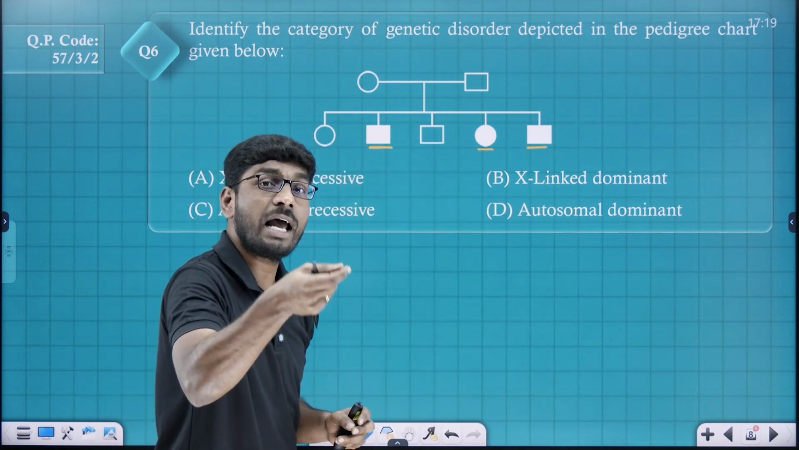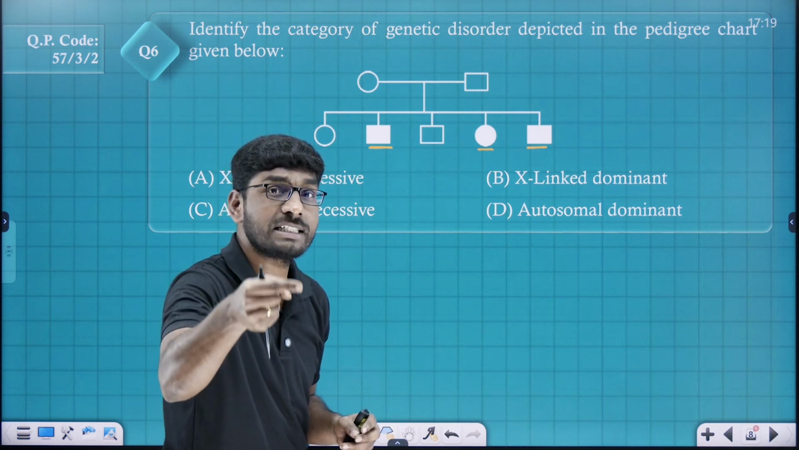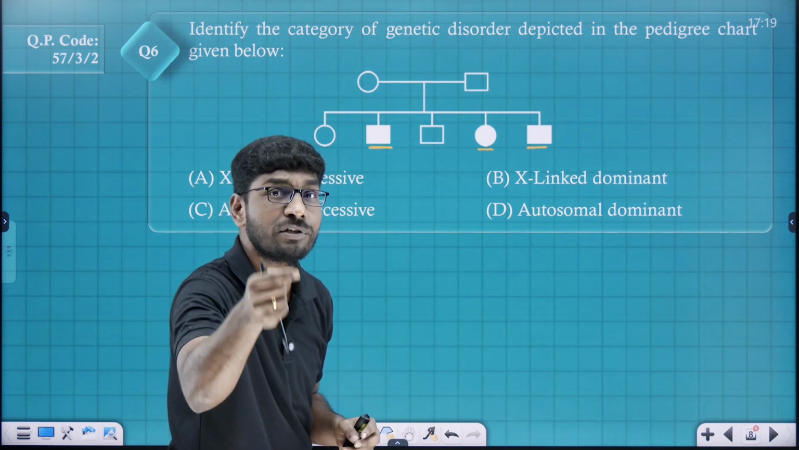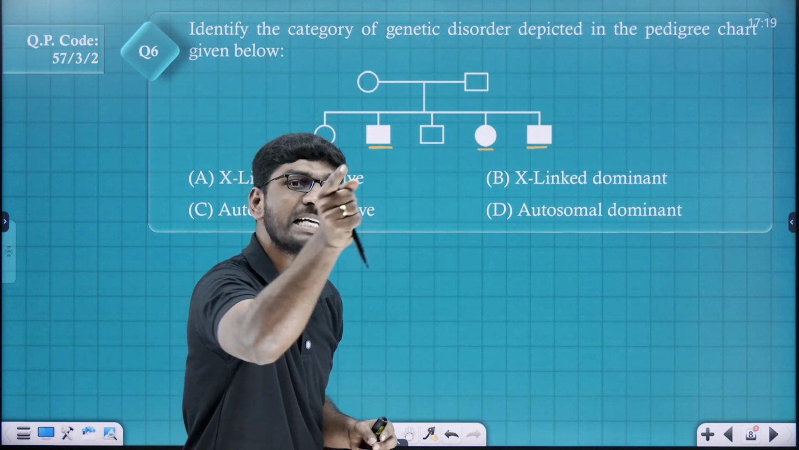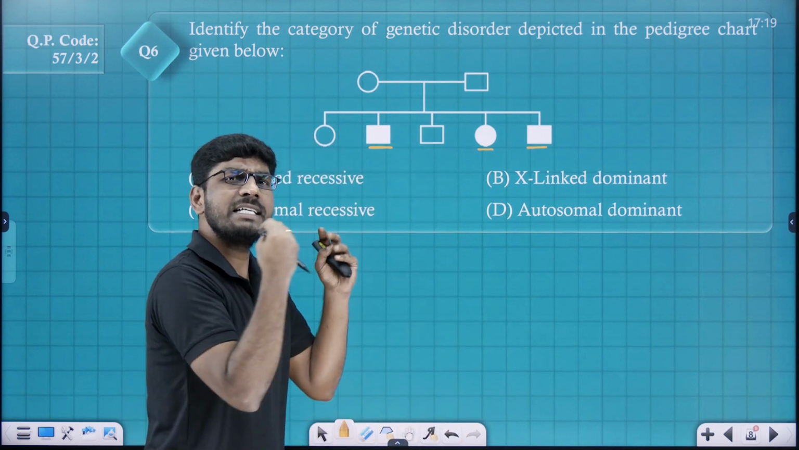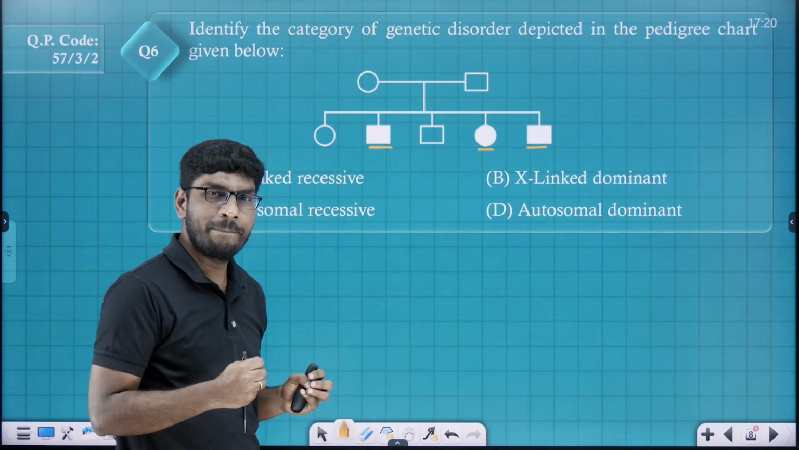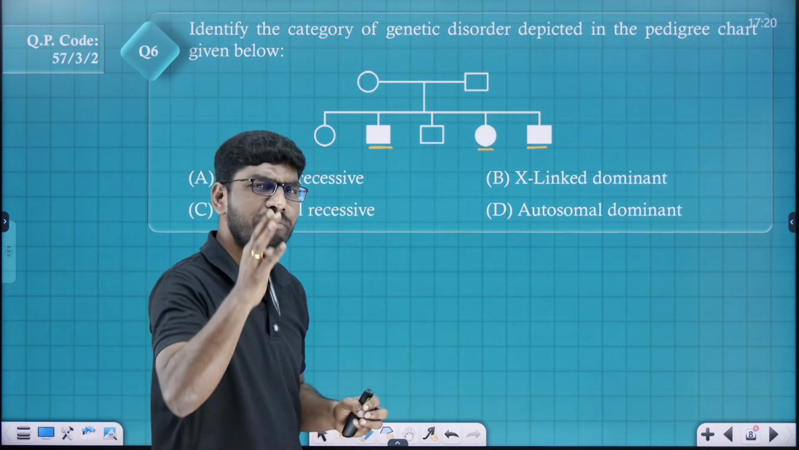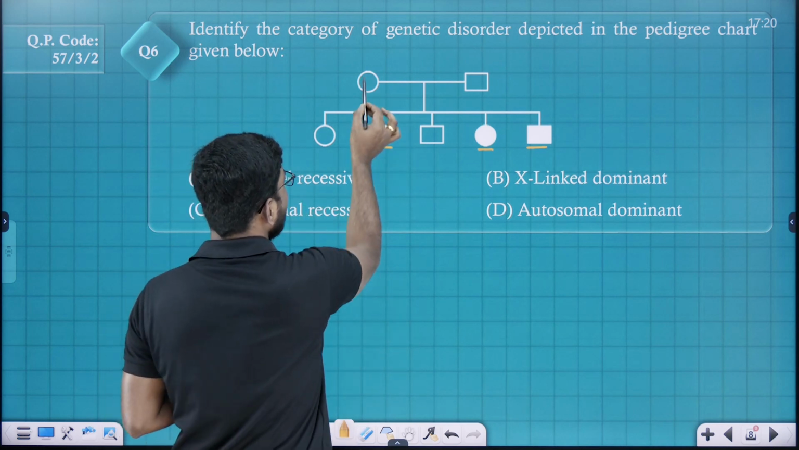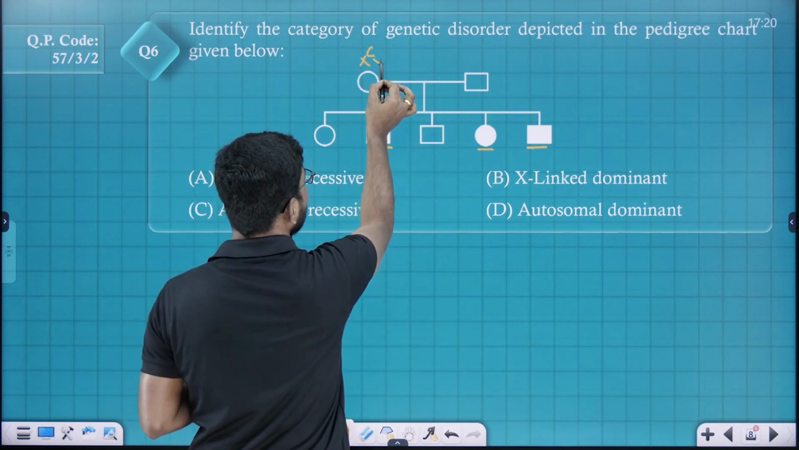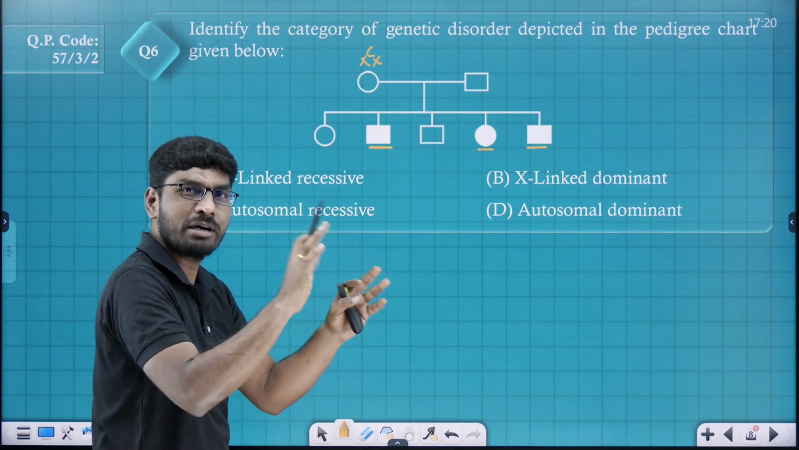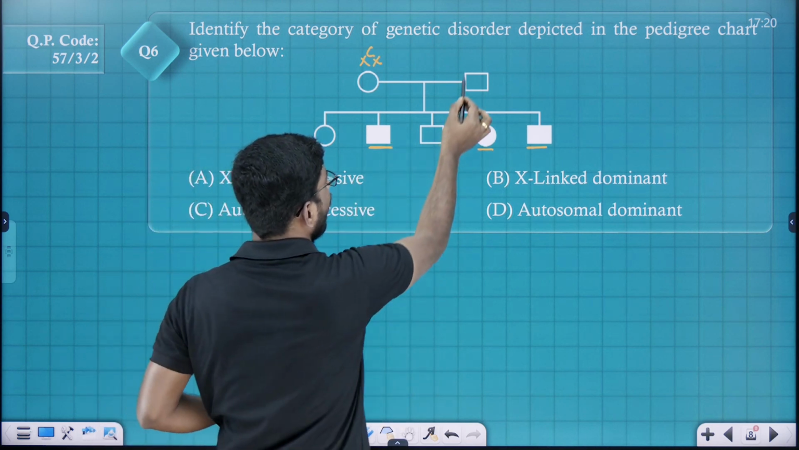Parents unaffected and offspring affected is the first general characteristic feature of autosomal recessive. Sir, why can't this be sex-linked recessive? It is autosomal recessive, I said. So why can't it be sex-linked recessive? We'll see. Let's take the mother is a carrier, XCX, color blindness, and the father is normal, X